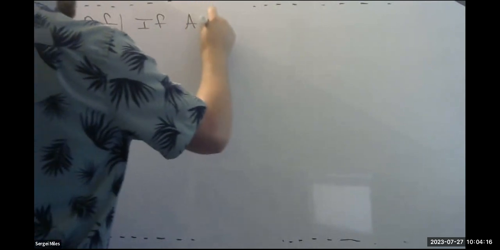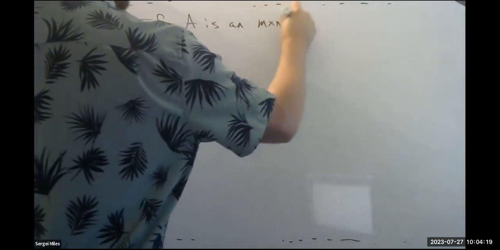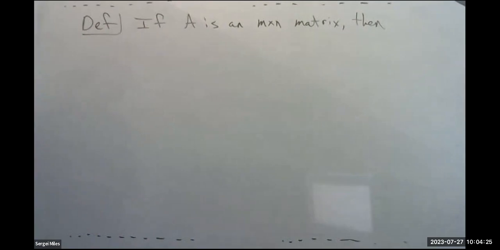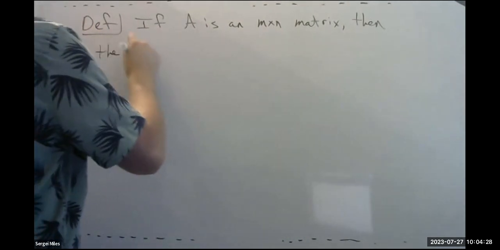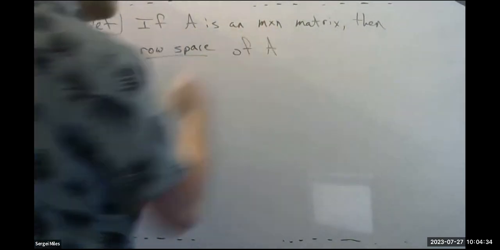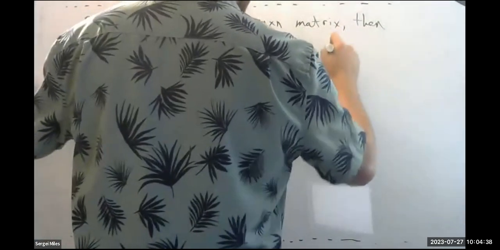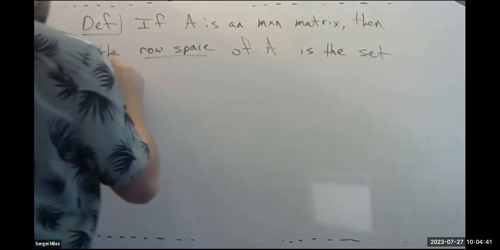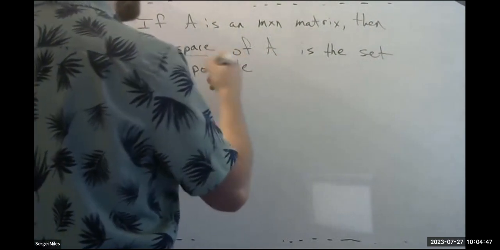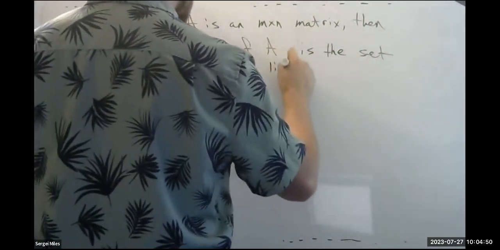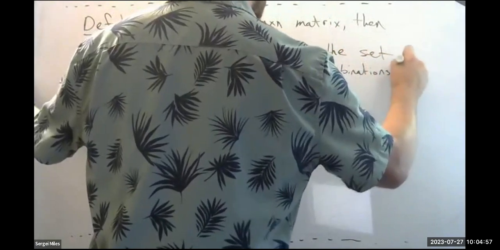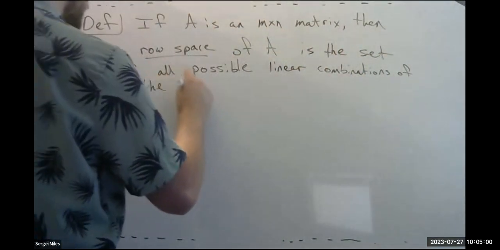If A is an m by n matrix, then the row space of A is the set of all possible, so the same definition we saw before, except now we're doing it for rows, all possible linear combinations of the rows